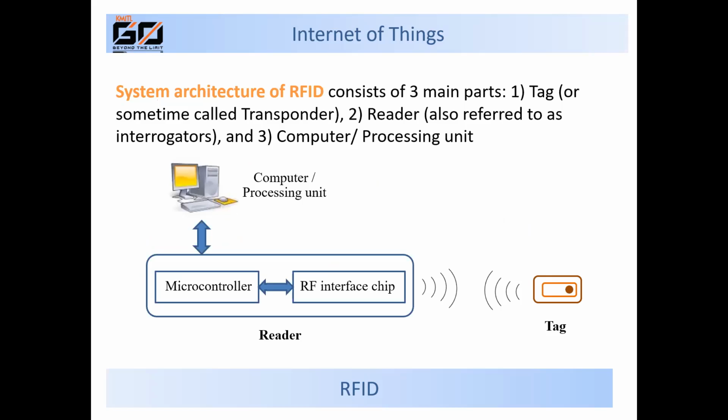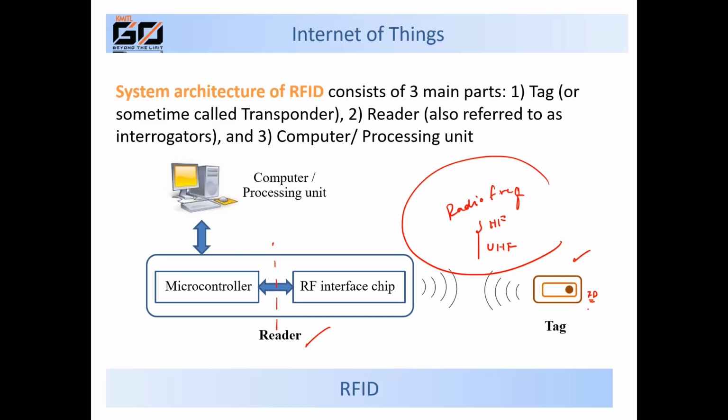Okay, this is what I explained already about the system architecture. It's composed of tags, right? It's composed of a reader, and inside the reader, there are 2 main components. I will explain later on. You know, because this is UHF, this is frequency. HF, UHF, this is radio frequency. Then when they talk to each other, it's high frequency, right? But actually the data is not high frequency. The data is the ID. It can be only a digit or a number,